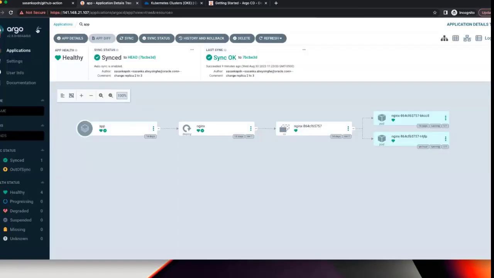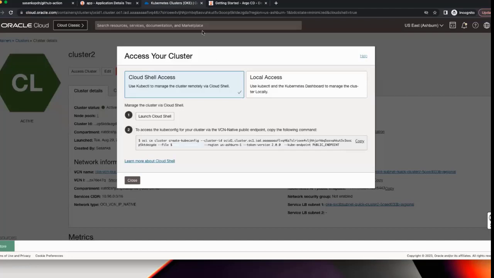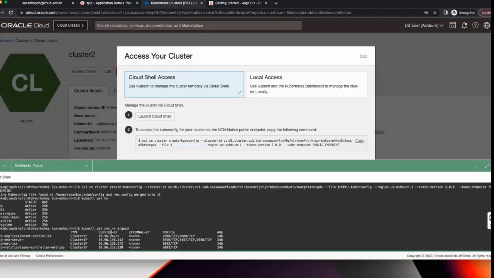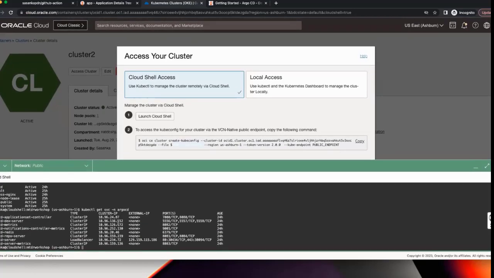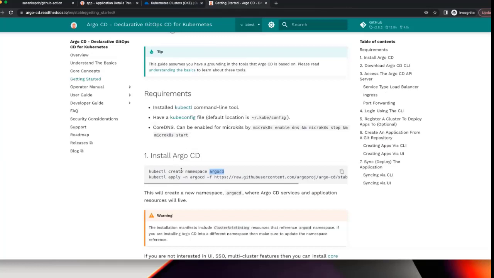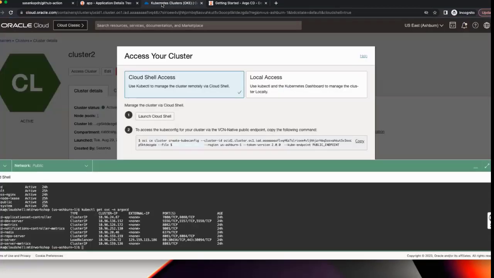So I do have Argo CD. Let me see the restore. Here I did the apply command. So I'm going to delete first.